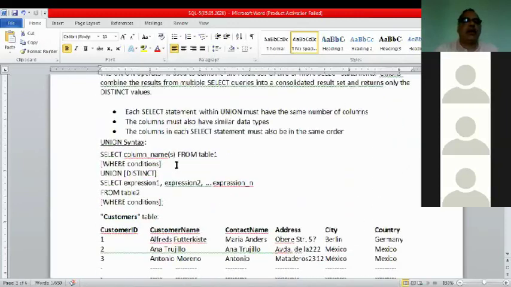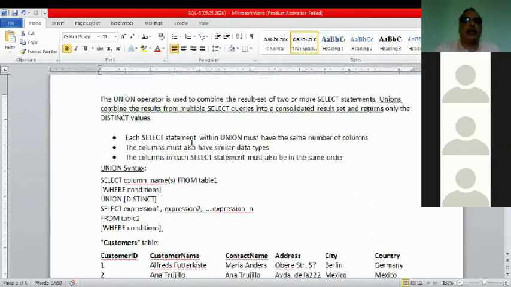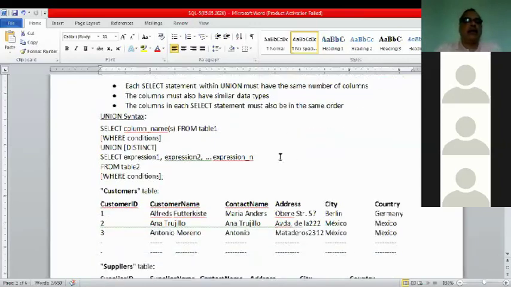Before we see each statement, union must have the same number of columns, must have similar data types, and must also be in the same order. These are the conditions of union. And see, it is always the distinct values that are taken. The syntax is